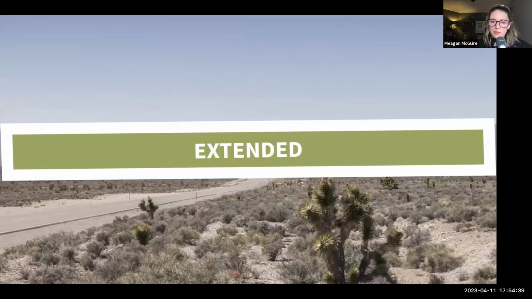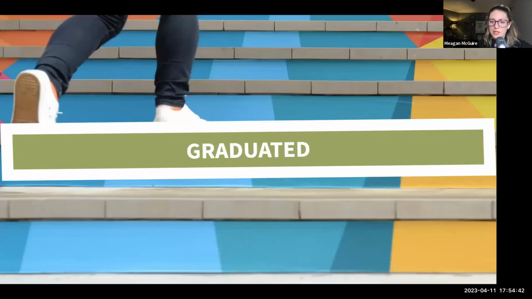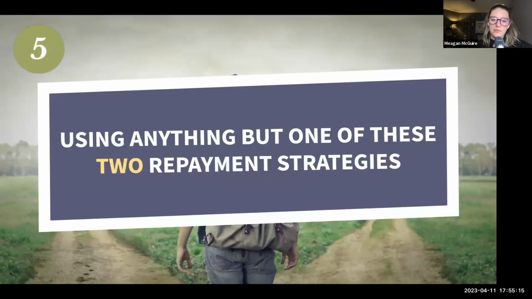The extended repayment plan, the standard repayment plan, the graduated repayment plan, those are all what's called amortized options, which take your balance and spread payments out for a specific period of time, and you pay off those loans within that period of time. None of those plans are eligible for PSLF. They're not income-driven plans. So we don't want to be on one of those plans long-term. We want to be on an income-driven plan to be eligible for PSLF, thus eligible for forgiveness.